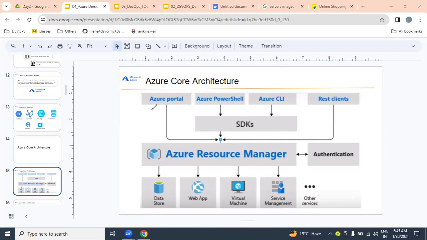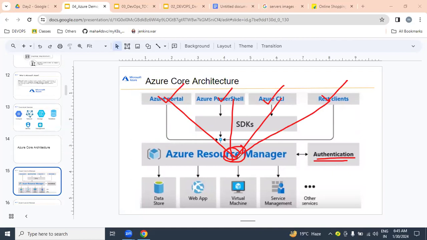We can interact with Azure in totally four ways: portal, PowerShell, CLI, and REST. By using any one of them, we can interact with Azure. By providing your credentials, it will check whether you are a valid user and authenticate you. Once authenticated, we can create any resources, either virtual machines, app servers, database servers, or networks.